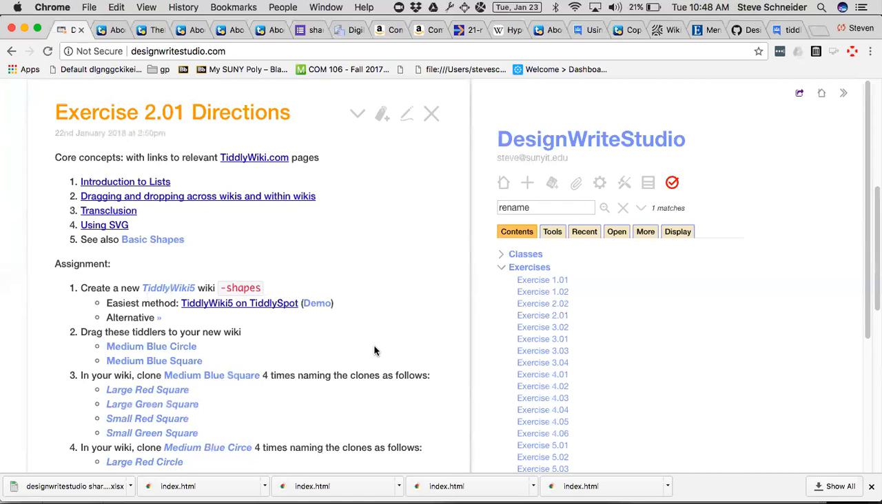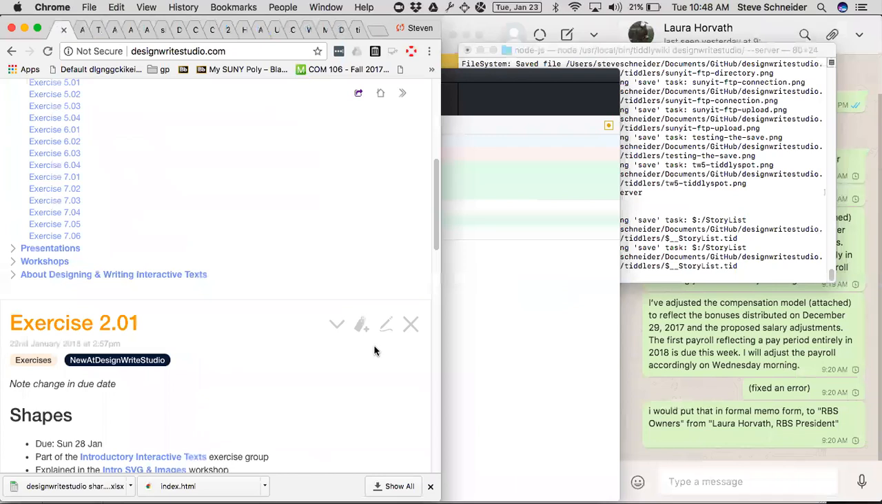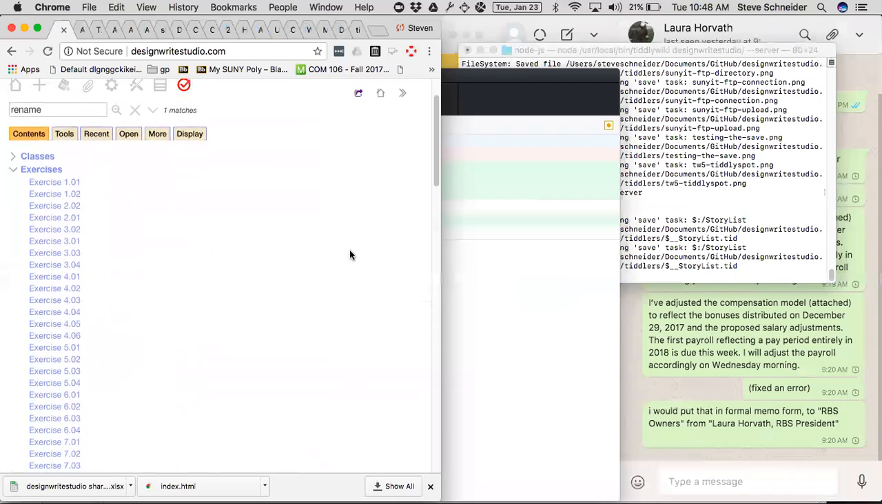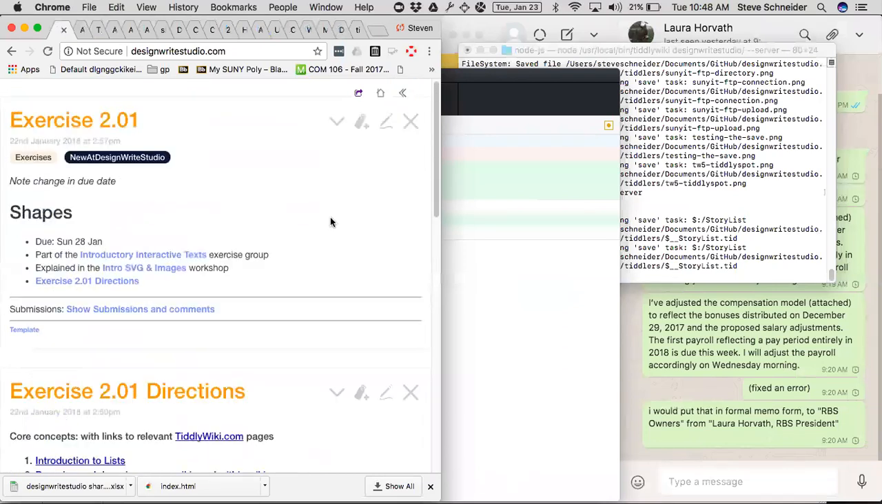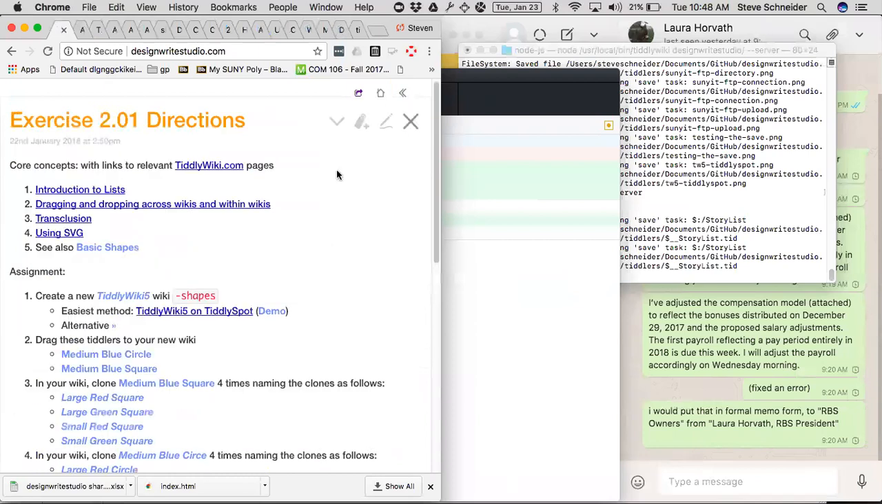And so you've built that. So I'm going to divide my screen in half, close the sidebar, close my Tiddler so my exercises are there, and I'm going to do a quick,